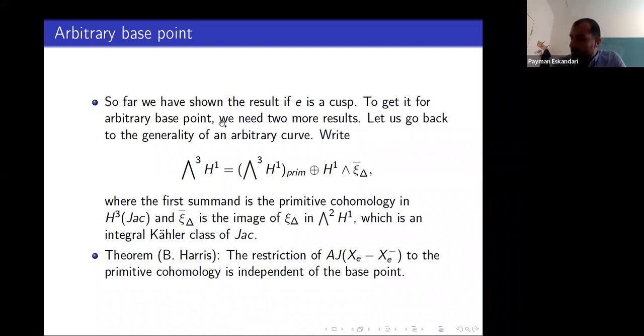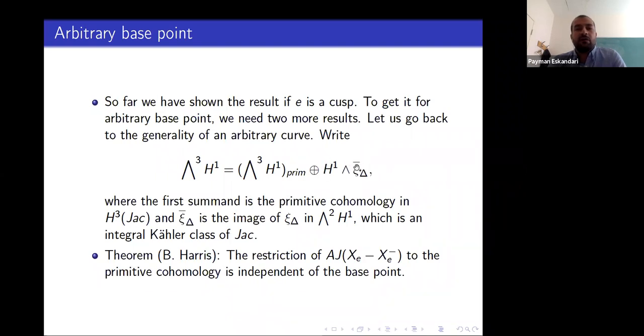Now, for arbitrary base point, here's what we do. Again, there's the theorem of Harris and the theorem of Pulte that I'm going to use again. So again, I'm going to go to the general picture here, an arbitrary curve. Now, the third exterior power of H1, this is like the third cohomology of the Jacobian. It decomposes as the primitive cohomology of the Jacobian, plus this guy here,